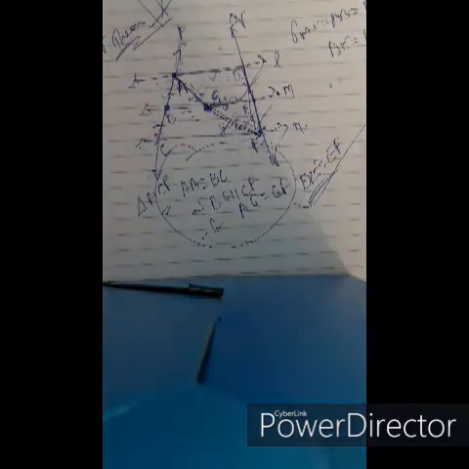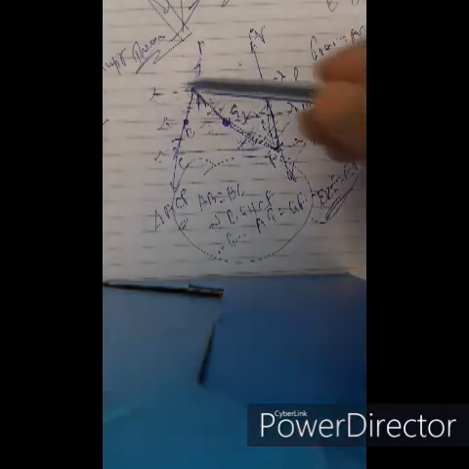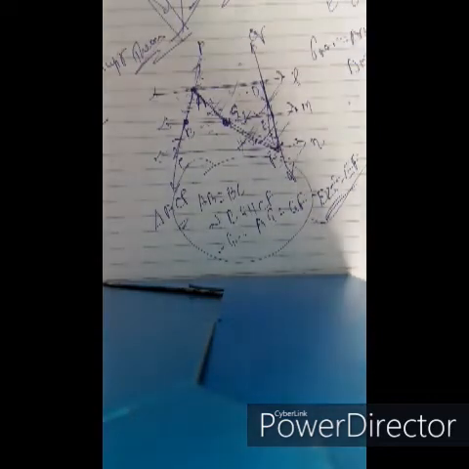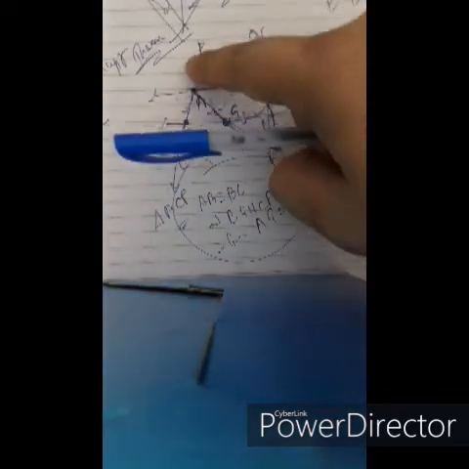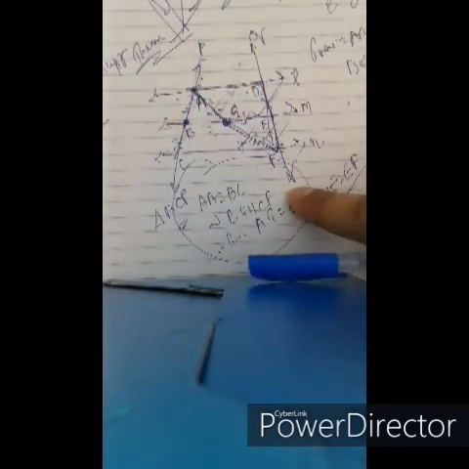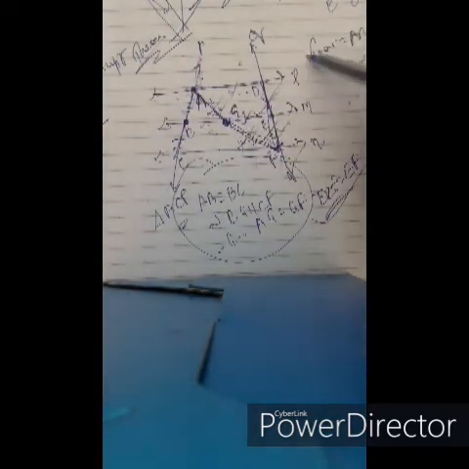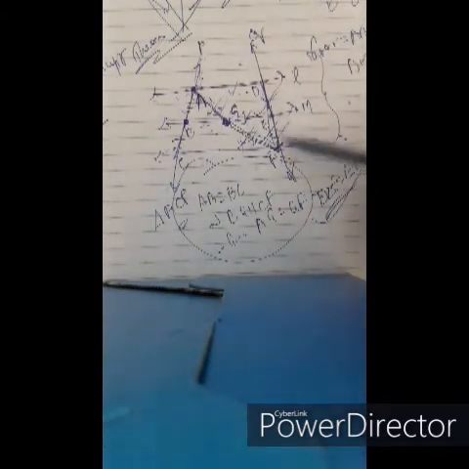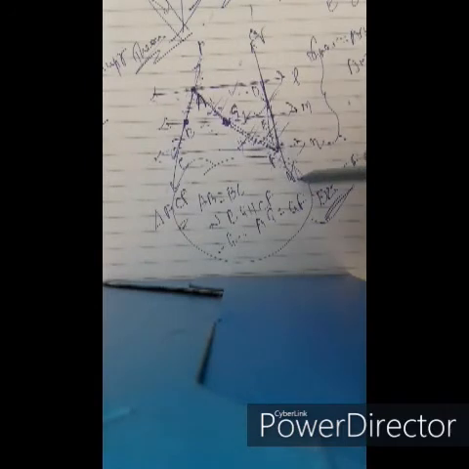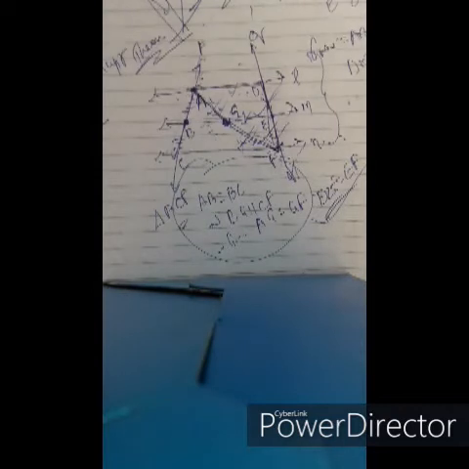Also please note that this case is not applicable only for three lines. If there are any number of parallel lines making equal intercepts with the first transversal, they automatically make equal intercepts with the second transversal also. This case is applicable for any number of parallel lines. If all the intercepts of the first transversal are equal, then all the intercepts of the second transversal will also be equal to each other.